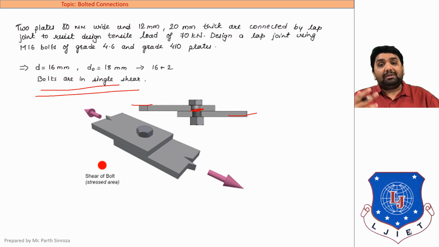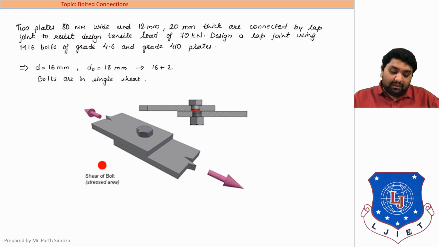If two shear planes are affected in this case, then the answer here would be bolts are in double shear. There are only two possibilities in our semester, that is either the bolts can be in single shear or the bolts can be in double shear. Next sums that we will be dealing with, we will look upon double shear, how double shear actually acts. In this case the bolts will be in single shear. Here you can refer in the figure how the shear plane is identified.